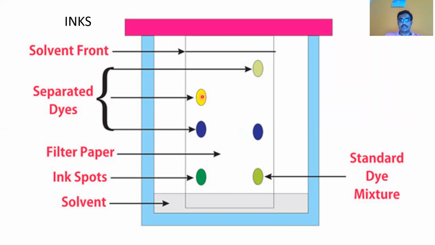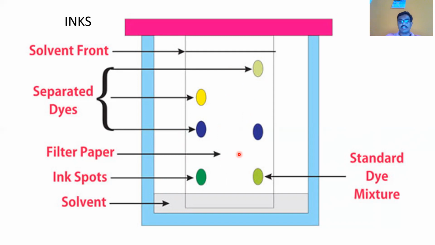You can see how the bands are all different, even though the bands look almost close to each other. If you go for your Rf value calculation, you're going to find differences, and you can have a control chart for different inks similarly, or you can run your questioned ink and your control ink at the same time, and you can identify if both of them had the same ink or used the same pen or not. So this is another common way in which the TLC is used in a forensic science laboratory.